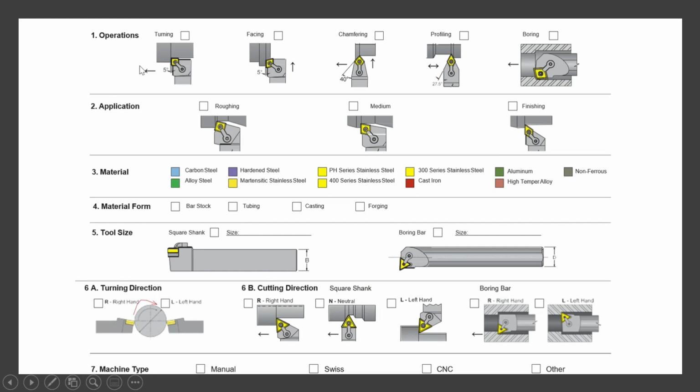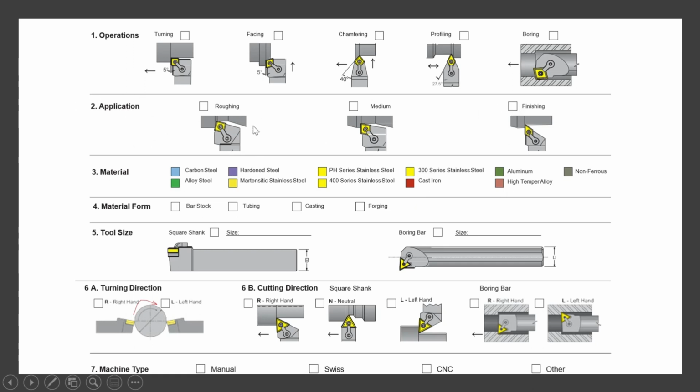So as per the operation, application, and material, there are different types of inserts. When you consider a turning operation, there is a different kind of insert. There are different shapes available for different operations: turning, facing, chamfering, profiling, boring. For application, it is roughing, medium, and finishing.